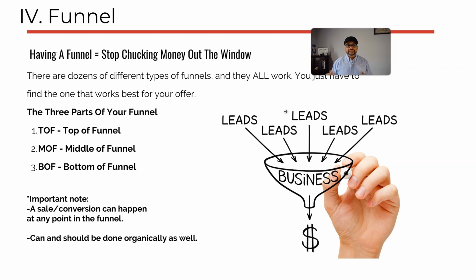Every funnel has different levers. And there are three components of a funnel when you look at it. You have your top of funnel, middle of funnel, and bottom of funnel. Your TOFU, MOFU, BOFU, your three best friends if you're an online marketer. Our minds are always in TOFU, MOFU, BOFU. We don't really say that out loud often, but it's always top of funnel, middle of funnel, bottom of funnel, especially when we're running